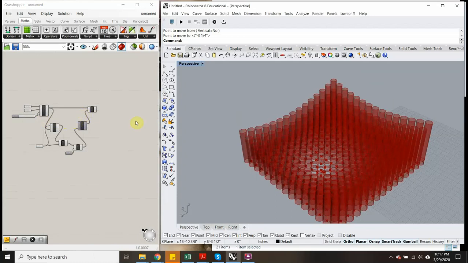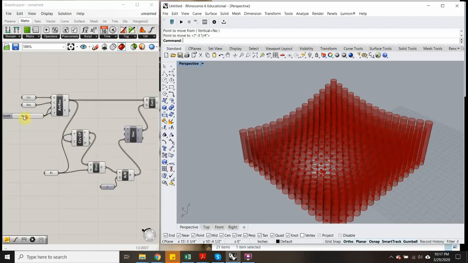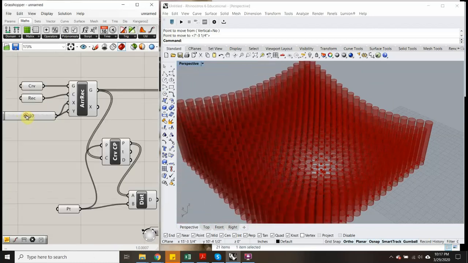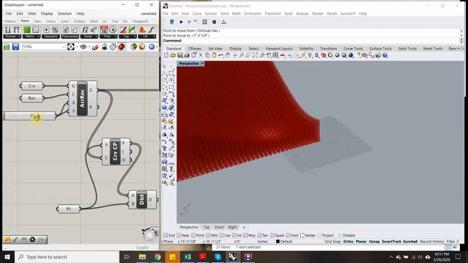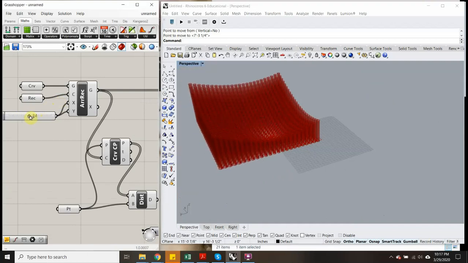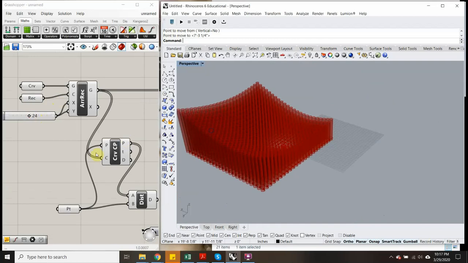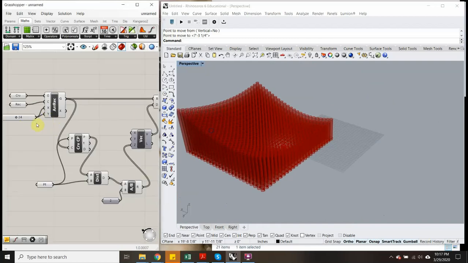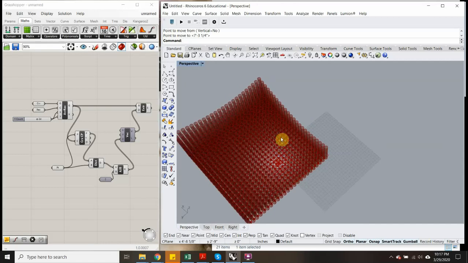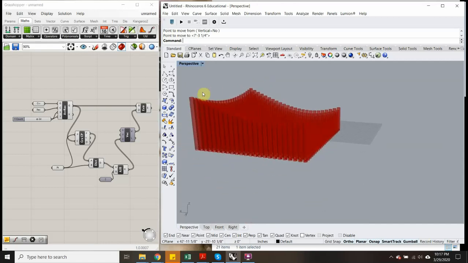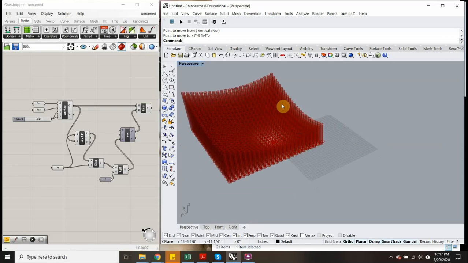So in order to keep it, actually before I do that, maybe we want more of these. If I move my number slider, you can see it keeps growing. I don't like that many, that looks better. Okay, great. So that's now at 24 on my number slider. What's great about this is you can keep moving the point and experimenting. This is still changing, but if I want to freeze it in place and keep it in Rhino for drawing